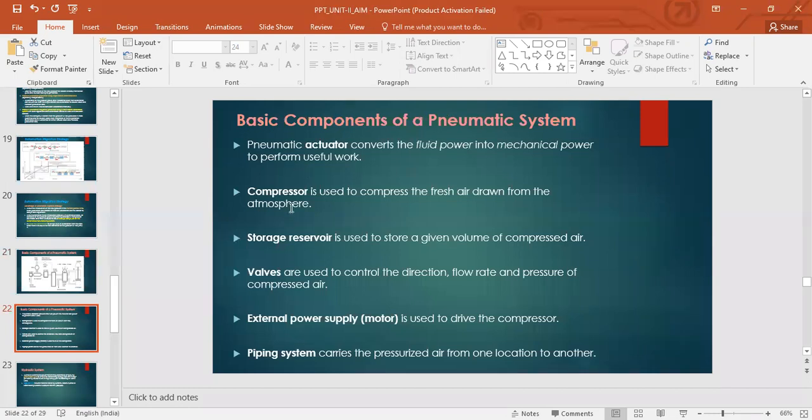And the compressor, as we know, is used to compress the fresh air drawn from the atmosphere. The storage reservoir is used to store a given volume of compressed